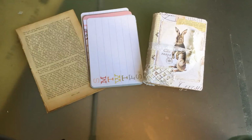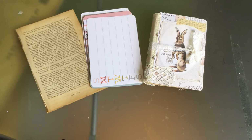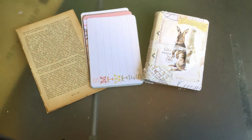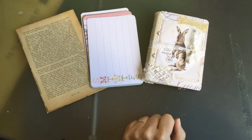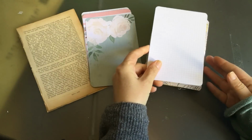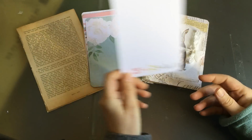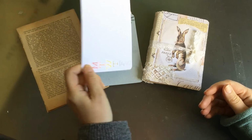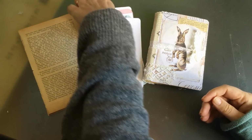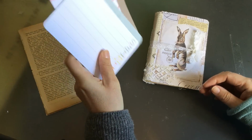I'm going to attempt to show you how I made this little booklet here with Project Life cards. So I don't know how I'll go, but I'll give it a whirl. Okay, so basically I used Project Life cards, so you can see here. I used ones in particular that I didn't like what they looked like, so I'll show you exactly how I